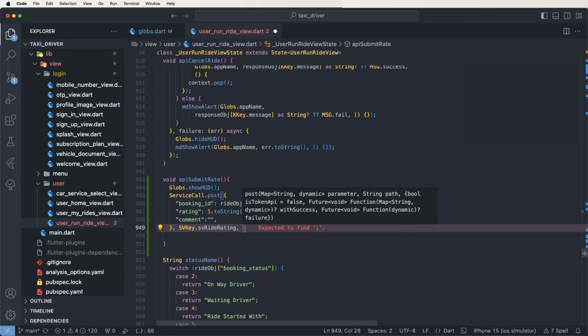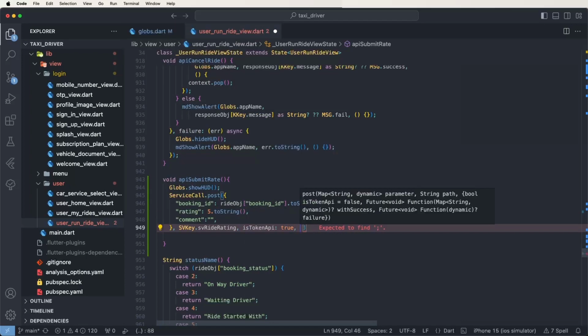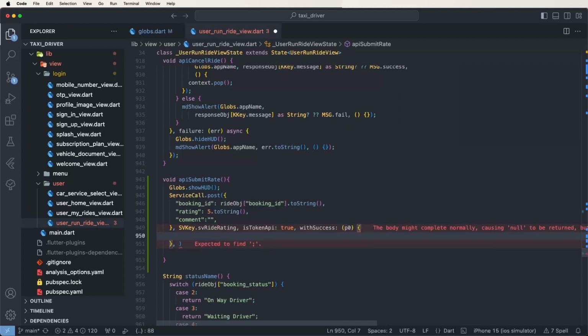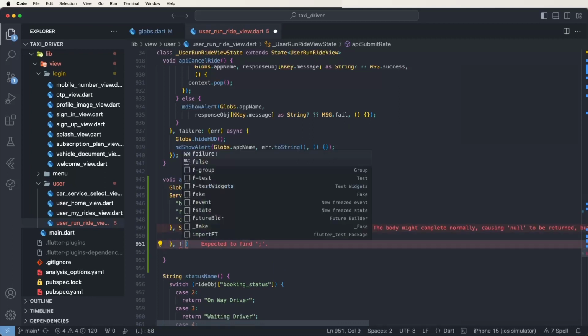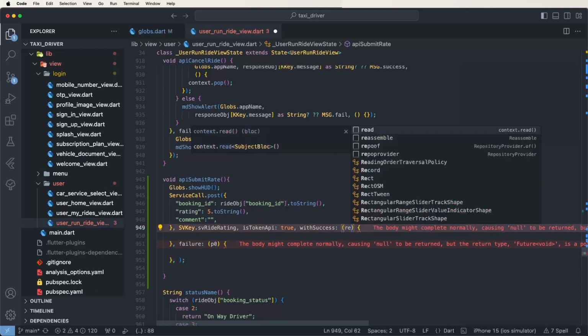and now write the success block, and first of all enable the token API true, and write the with success block and failure block like this, and write the semicolons, and to change the variables we need to give the response object,